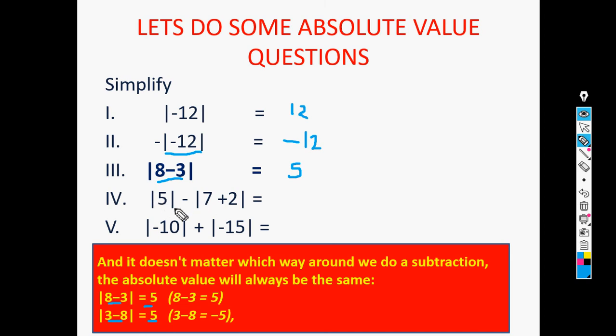So now I'm doing question number 4 with you. Question number 4 is first the absolute value of 5. Can you tell me the absolute value of 5? It is 5. Very good. Learning fast. Okay. And then we have again two numbers. When you have two numbers inside the bar, what do we do? We will be adding these two first and then finding the absolute value. So 7 plus 2 is 9, and absolute value of 9 is 9. After we get rid of the bars, this becomes a normal integers question.